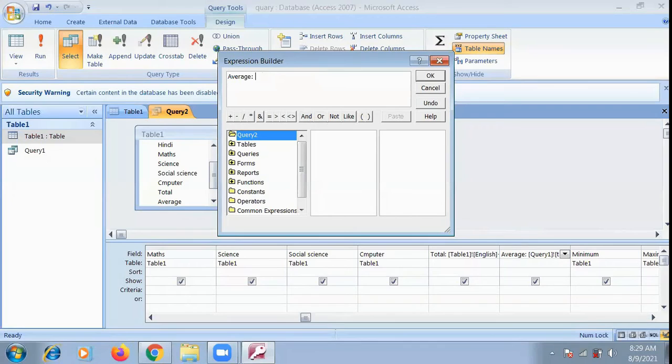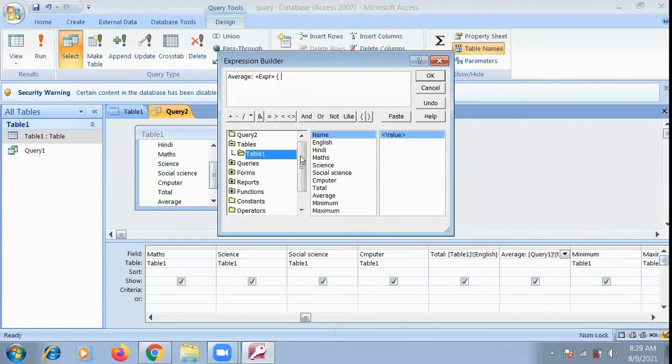Now here we will go to the long procedure. We will put a bracket here, then go to Table 1, then add English plus Hindi values plus maths value plus science value plus social science value plus computer value.